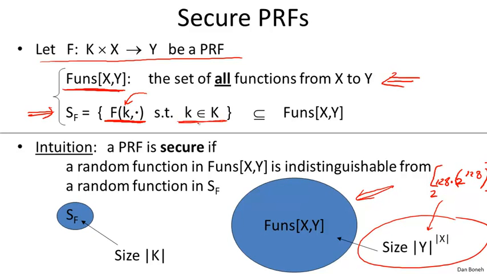So if you think about it again, for AES, if we're using 128-bit keys, the size of this, I'll say S sub AES, is basically going to be 2 to the 128. So much, much, much smaller than the set of all possible functions from X to Y. And now we say that a PRF is secure basically if a random function from X to Y, so literally we pick